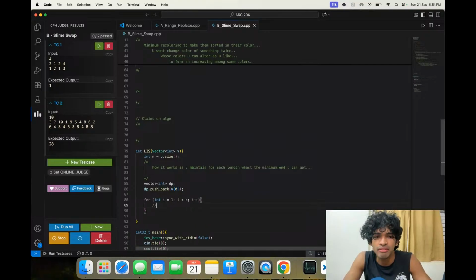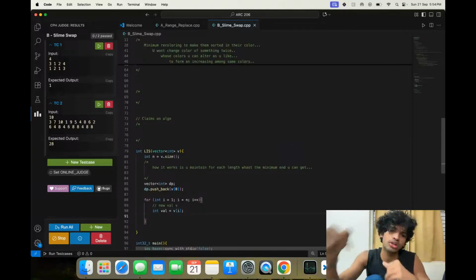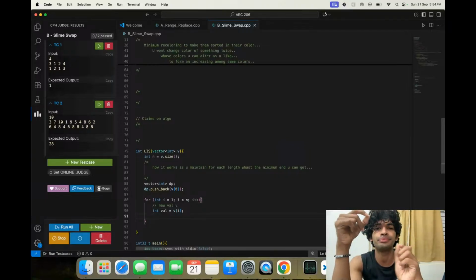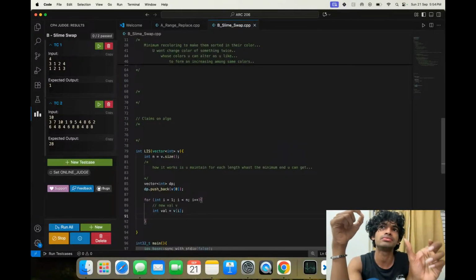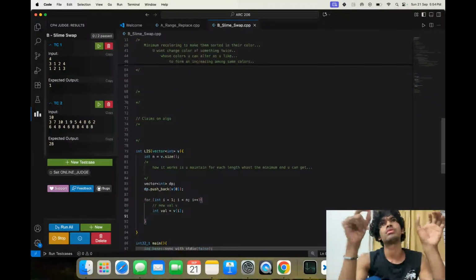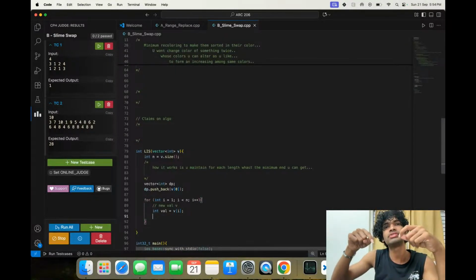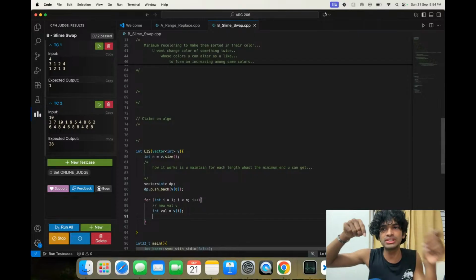We got a new value v. Int val equals v of i. So with this new value, how are things going to change? See, few things will be equal to val, but then some other things will be greater than val. Few things will be less than val.